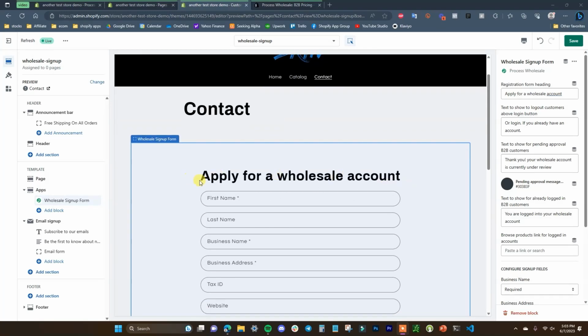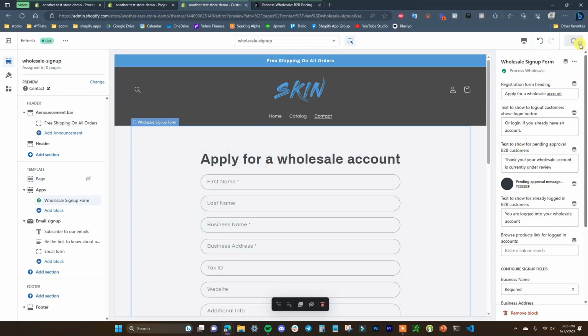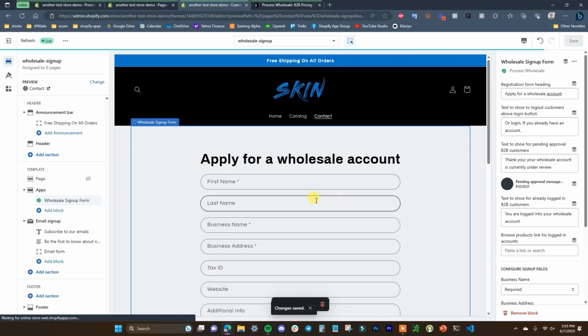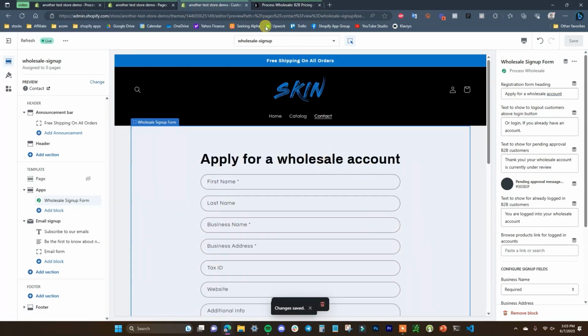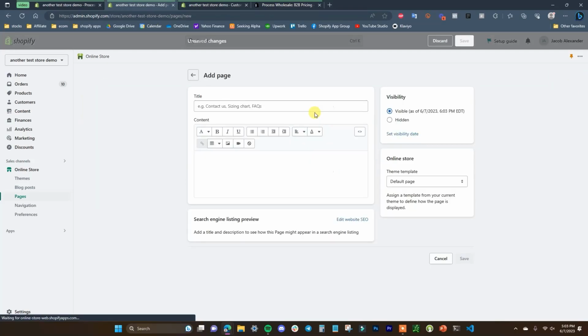And I like to get rid of the page title, even though we haven't assigned this template to a page yet. When we do, the page title is going to be there. I think it looks better if we just get rid of it. So we can just hide the page title by doing that. And we'll click on save. And this is done. So now if we come back over here to pages, we're going to add a page,